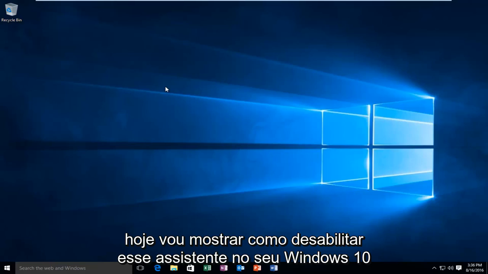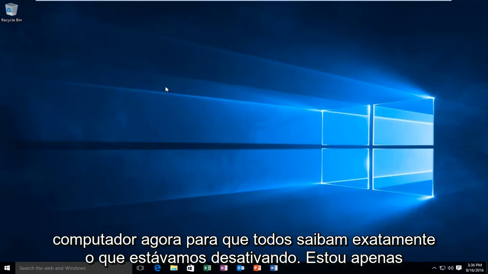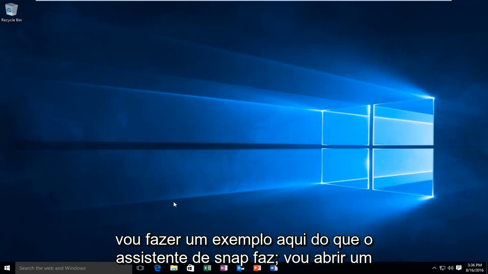Today I'm going to be showing how to disable Snap Assist on your Windows 10 computer. Now, just so everybody knows exactly what we are disabling, I'm just going to do an example here of what Snap Assist does. I'm going to open up a window,